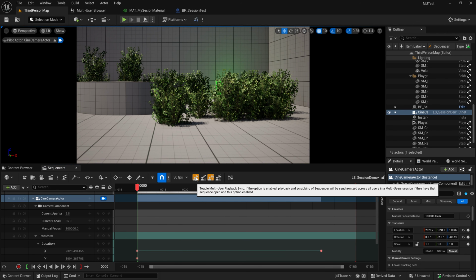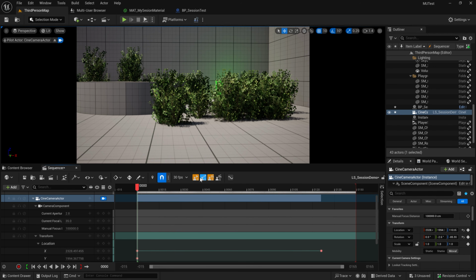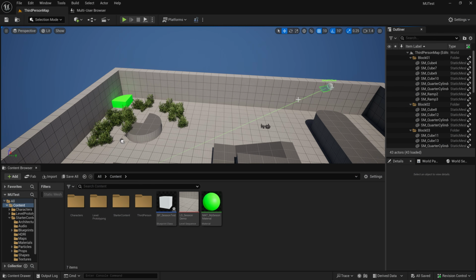So just ensure that these two options are turned on, and you will be able to share and see those animations between multiple machines. So now that we've made a lot of changes, let's pretend we're coming to the end